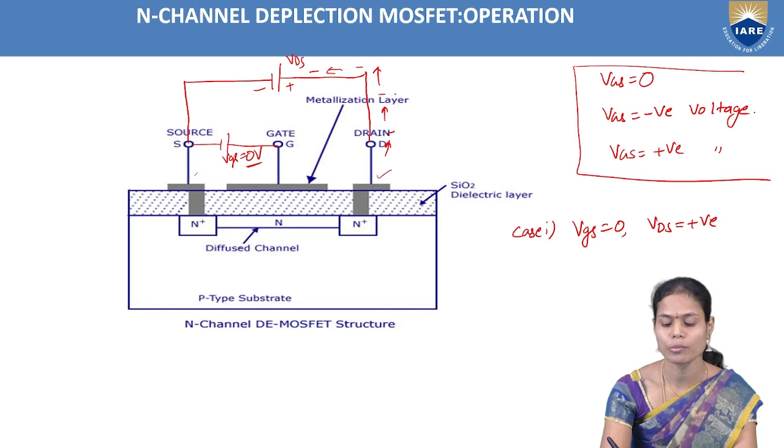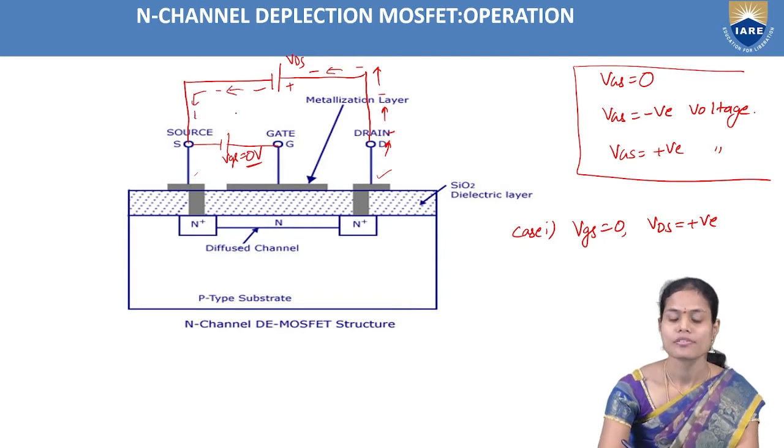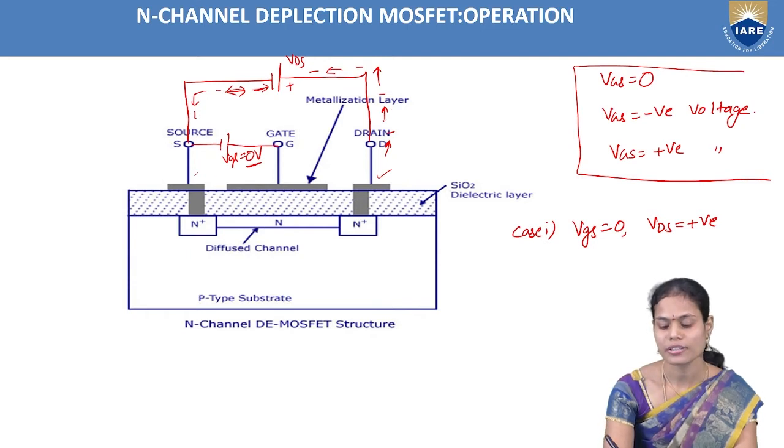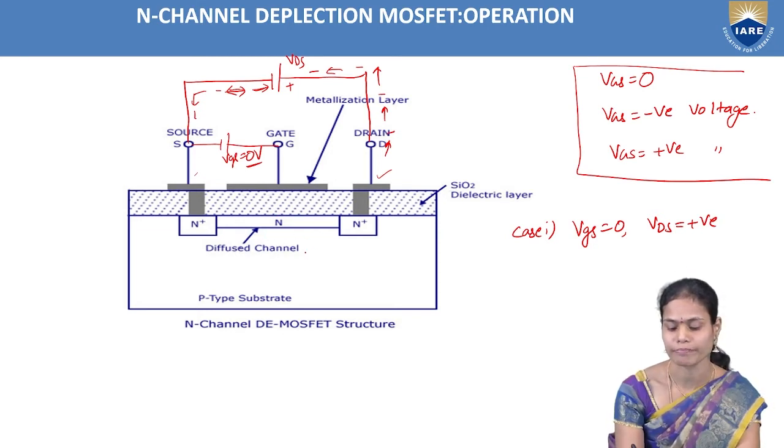So the electron movement is from source to drain here. Why? Because the source is connected to the negative terminal and the source is also N-type material, so both repel, and the electrons flow in this direction, away from the negative terminal at the source. Once the electron flow is in this direction, the current direction in the device is